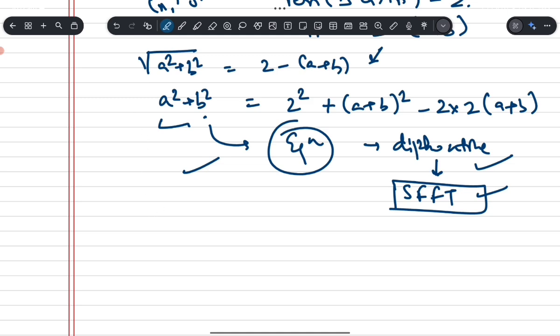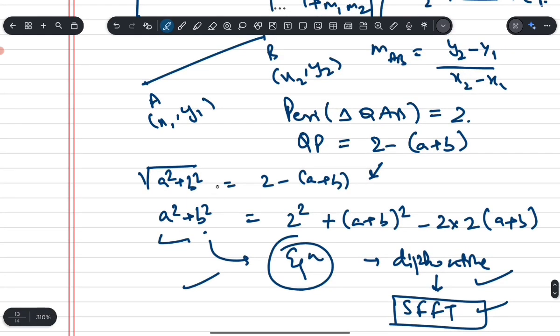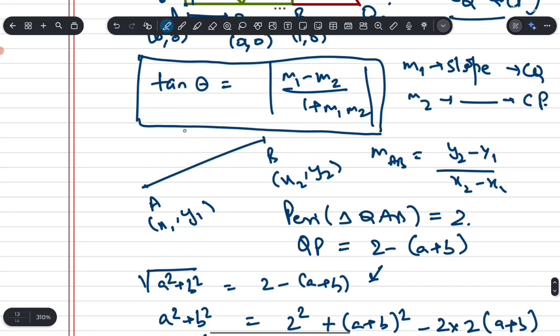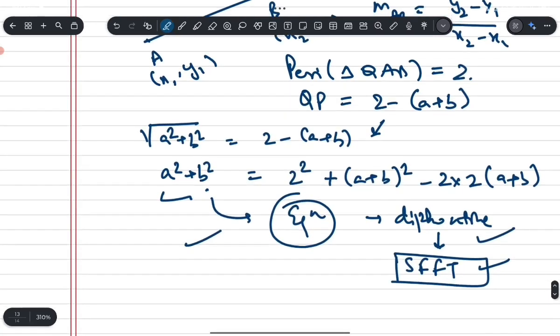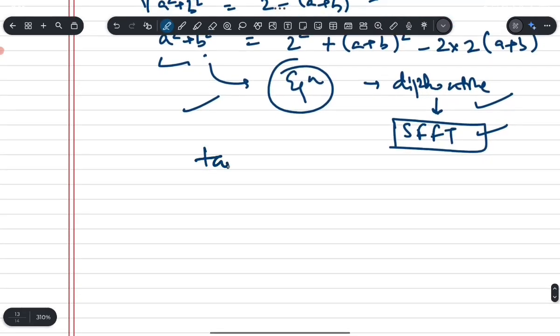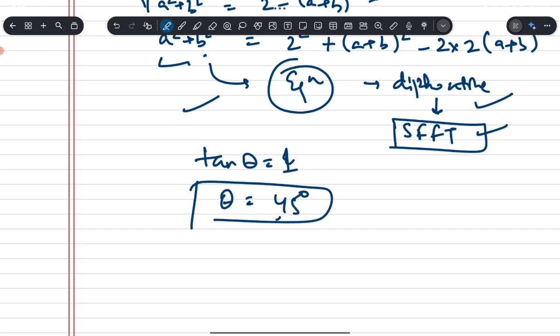Use it on the tan theta equation that we had earlier from the equation of straight lines. When you do that, you'll realize tan theta comes out to be 1 and theta will be 45 degrees. So that is how you exploit